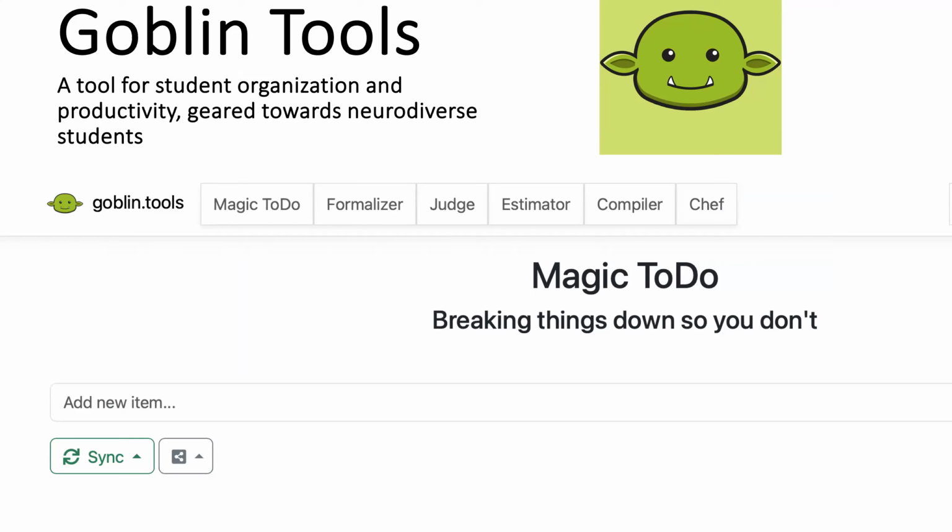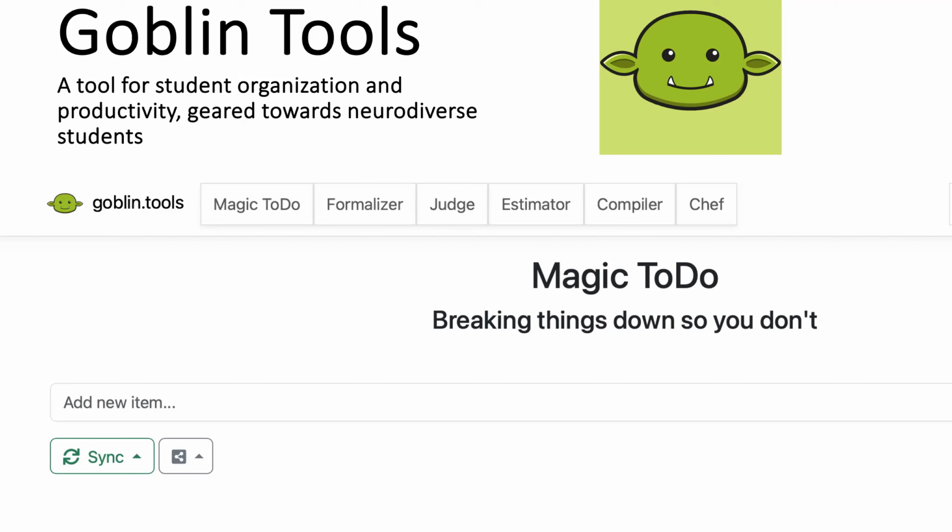So the main tool from Goblin is a magic to-do list where if you type in the item that you need to do, so say it's create a short story about something that you learned in history, Goblin tools will take that and break it down into 5 to 10 actionable steps that a student can